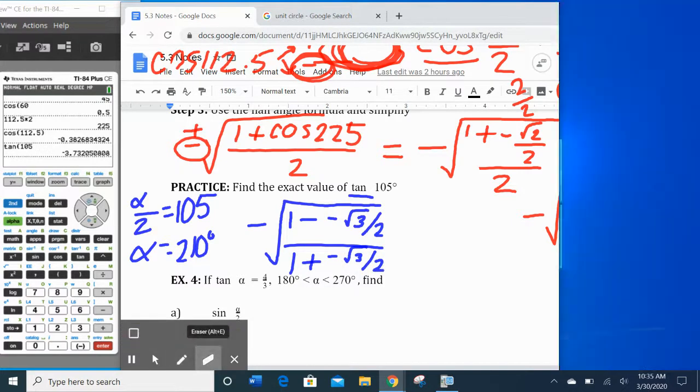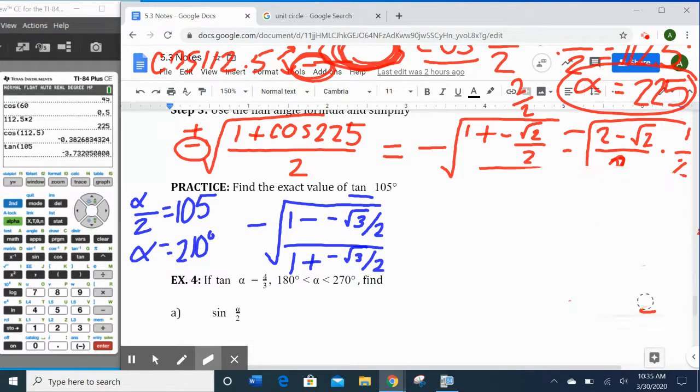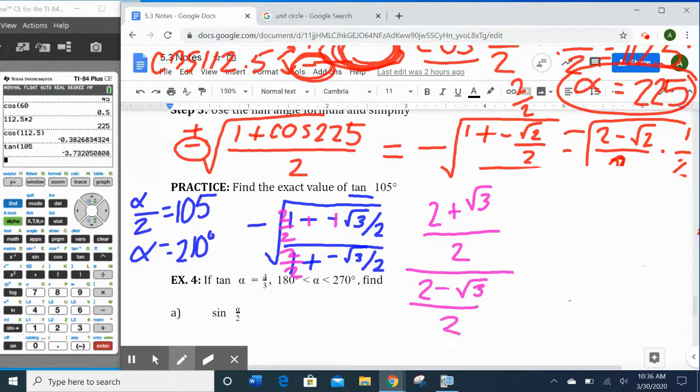Okay, so that is the trig part. Now we just have to do the algebra part of it. So let's see here. I'm going to save the fact that it's negative root for the end. I'm just going to simplify what I've got here. So 1 plus root 3 over 2. 1 is the same thing as 2 over 2. So in the numerator, it's 2 plus root 3 all over 2. And in the denominator, 1 minus, so 2 over 2, so 2 minus root 3 all over 2,